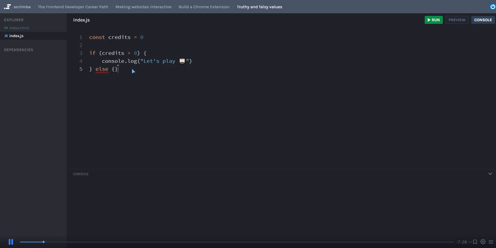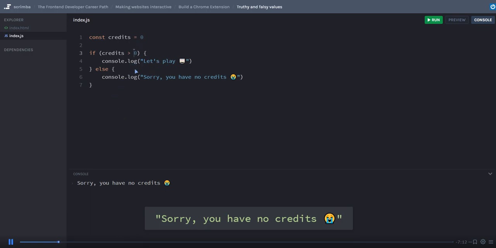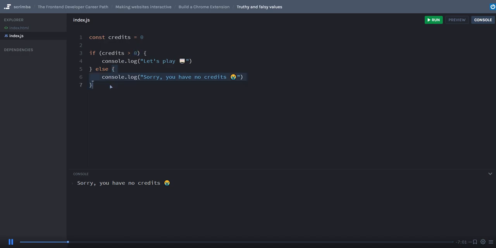And then else, this means that your credits isn't over 0. So that means that you have to be at 0. Then we'll console.log out, "Sorry, you have no credits," like that. Now, if we run this one time, you can see, sorry, you have no credits is logged out because credits was 0. This would evaluate to false, credits is not more than 0,